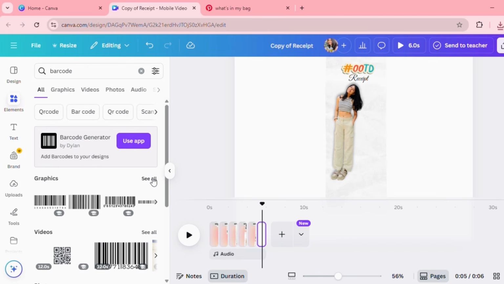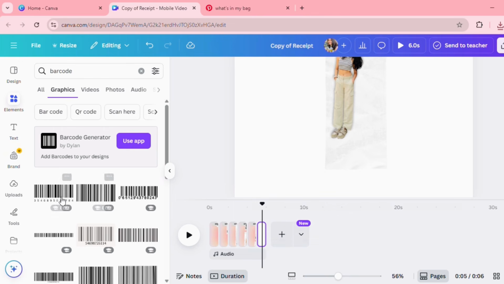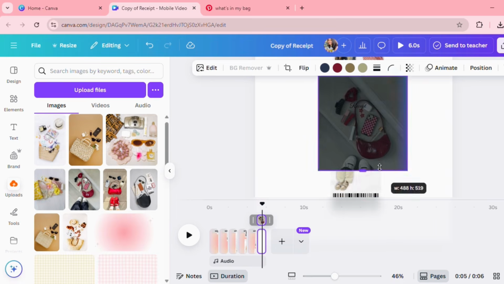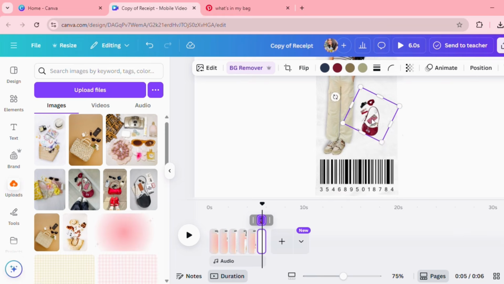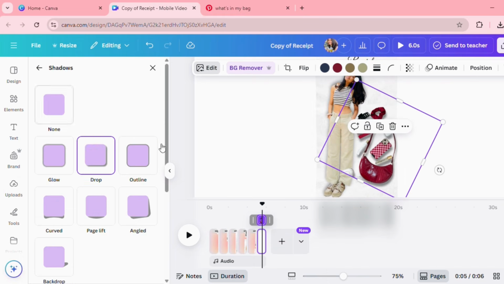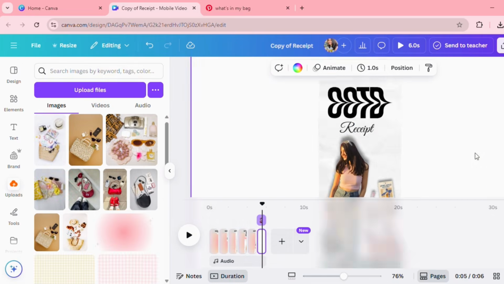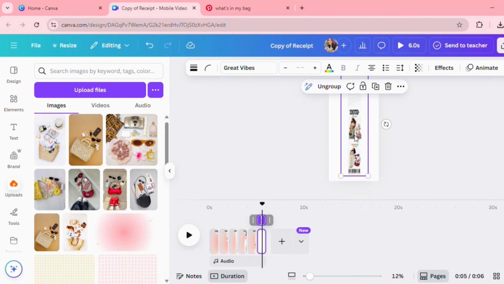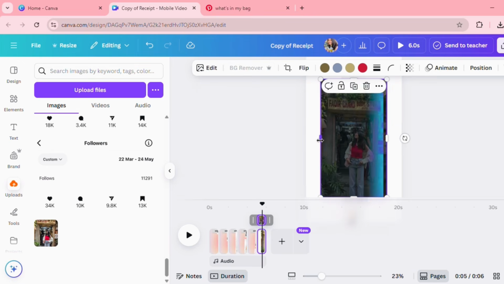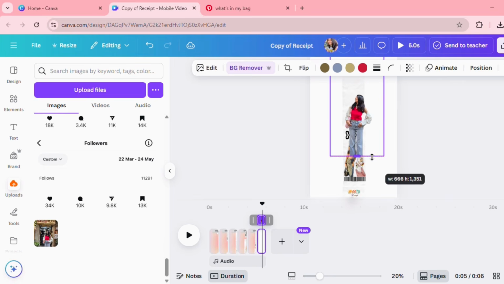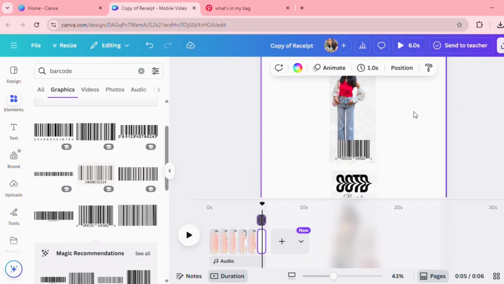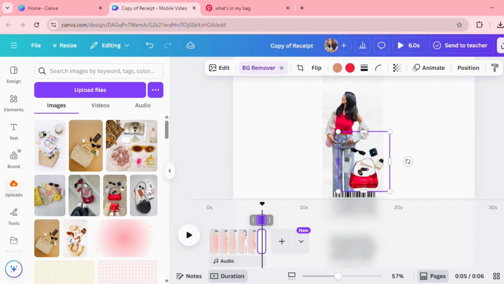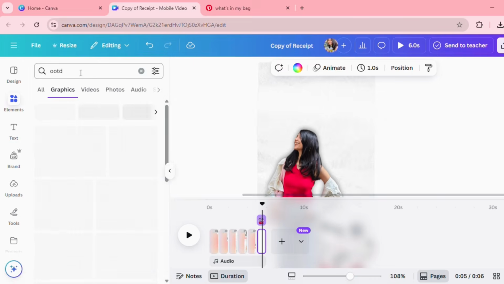Now I'm adding the essential receipt elements like barcode, and here's a quick example of the kind of picture that you can download from Pinterest and use in your videos to give it a mood board kind of look. Now repeating the same process, you have to create multiple layers of these receipts. For example, here I have created three separate outfit receipts along with the mood board kind of a thing, and I am making sure to group all of these into one layer. You can also add other elements like outfit of the day, OOTD check, and other things from the elements itself on Canva.